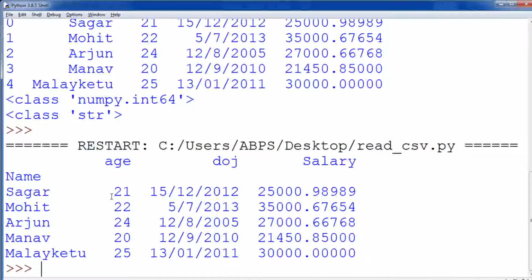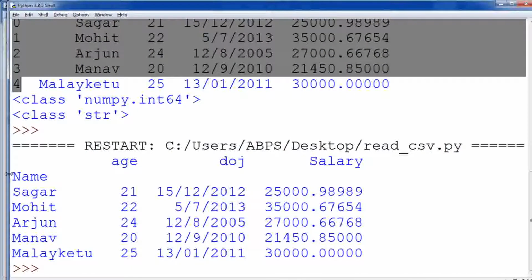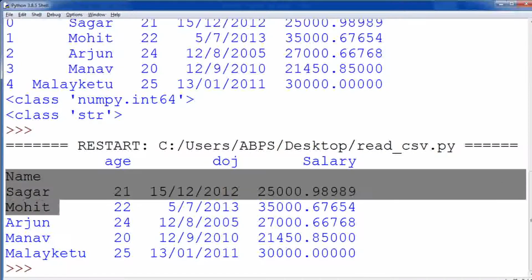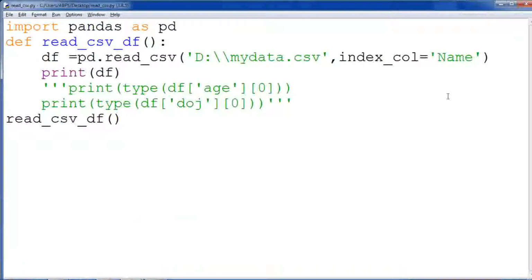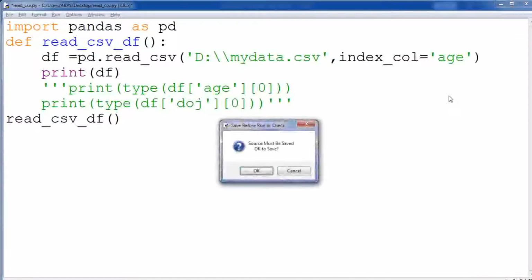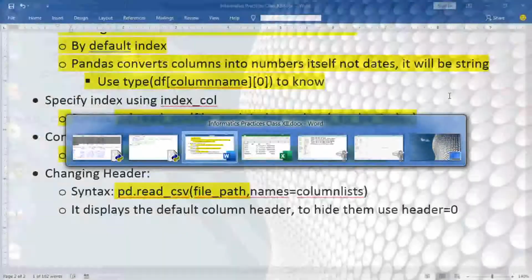See, here the default index was 0 1 2 3 4. Now the name is taken as index and considered as index, and the rest of the columns are coming like that. As I said, we have to use the first column. Let me check if age goes there in the index or not. This is one type of experiment. Yes, it can be. So any column you can specify as index. This is the powerful feature. That's why I asked in the previous video, if you want to specify the index, what we have to do. So this is the solution for doing that task.